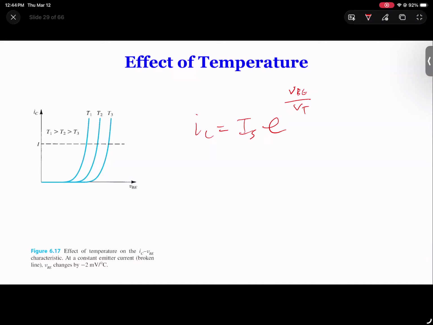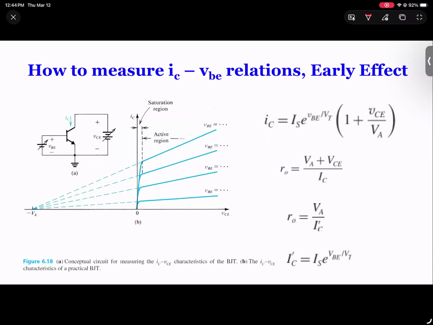So that's something you keep in mind. You want to design your circuit to have some room for flexibility, room to change. So if we say in the lab we want to measure the relationship between IC, VCE, and VBE, what you can do is